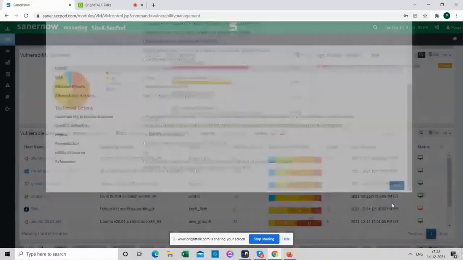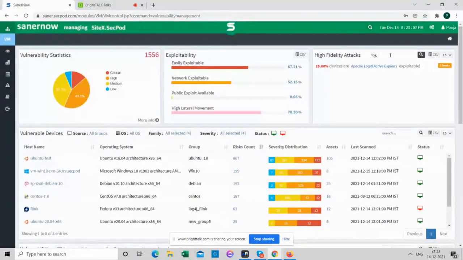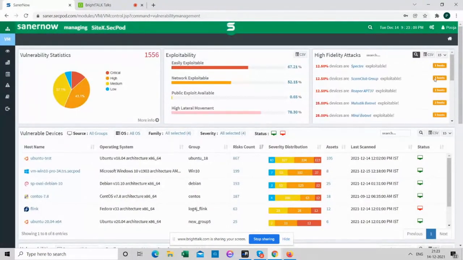There are other malwares or botnets also which Virendra mentioned, and we can also identify the number of devices that are affected. So here I can see that there are two devices that are already affected and exploitable. So it is easy for an admin to prioritize patching these devices first, over any other device or application present in the environment.